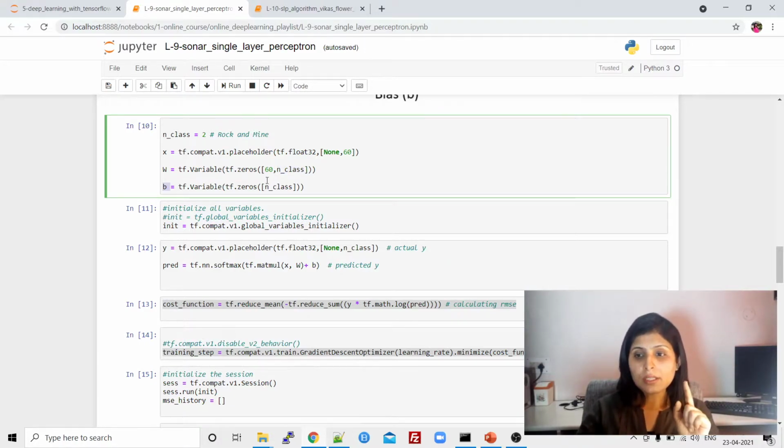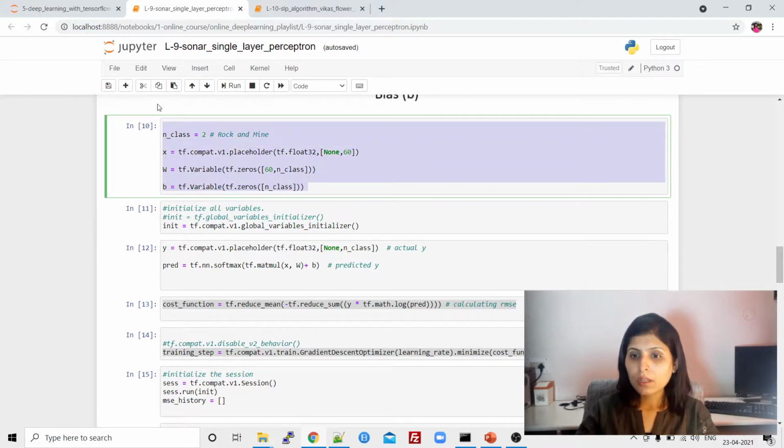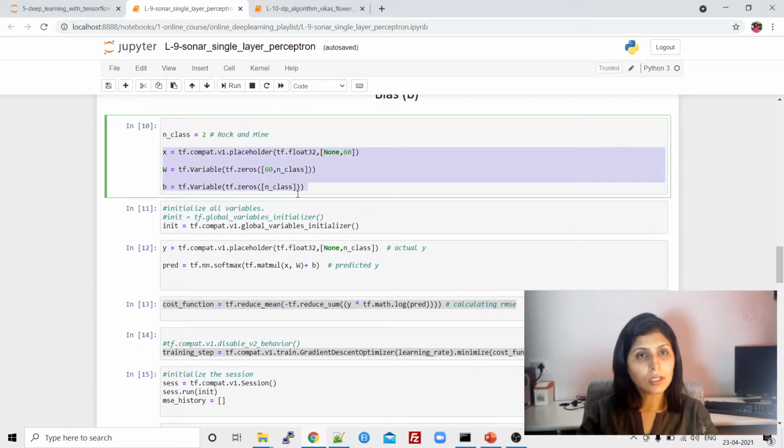In bias, we are writing n classes. Why do we need two biases? See, what is bias? Bias is just another input to our neuron. So, in this case, we are having two output classes, and for those two output classes, we need two biases. Alright, so this is clear. X, W, and B. Right.